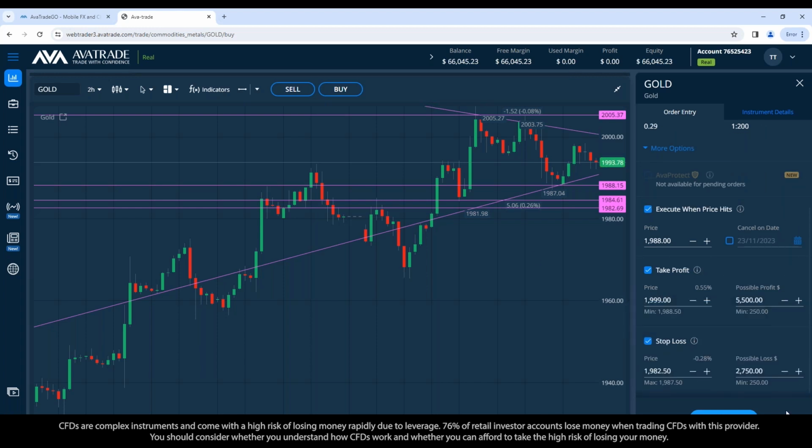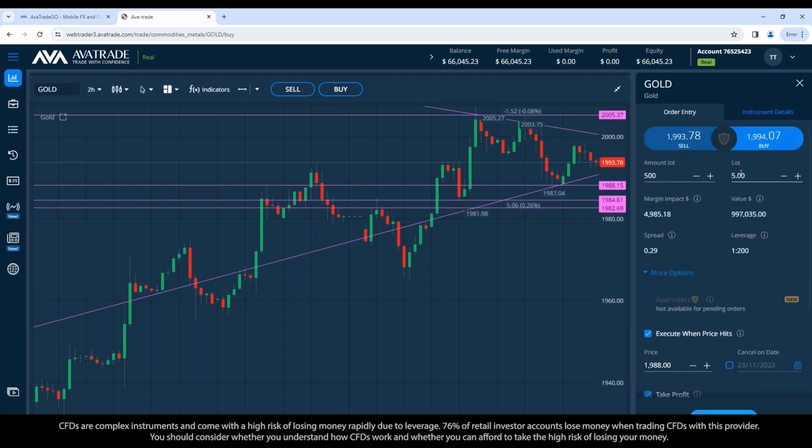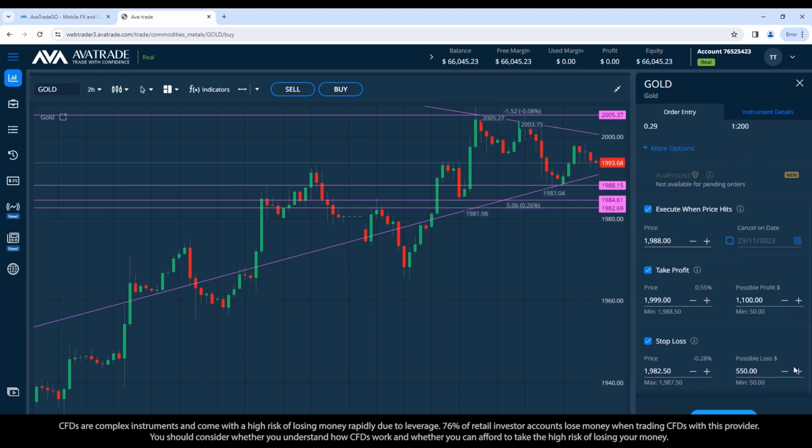And what we'd be looking at is about double the possible profit compared to the risk, okay? And so if indeed this ranges up and down and reaches near the resistance and support each time, we've got an opportunity to buy from near the support, risking approximately half of what we could make. And now you just need to adjust the trade size to be the amount of risk that would make sense to you. So if I go one lot as opposed to 5, now I'm risking 550. Maybe I'm comfortable risking 550 to go after 1100. Whatever amount fits into your risk management plan.